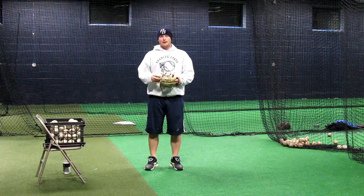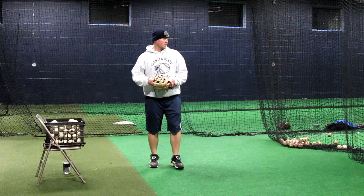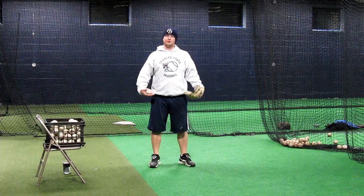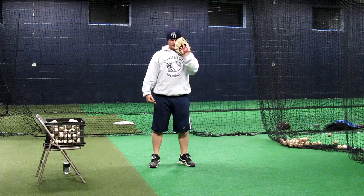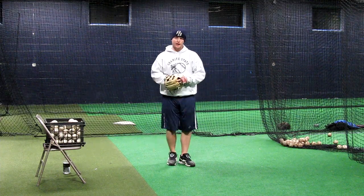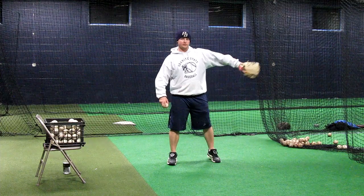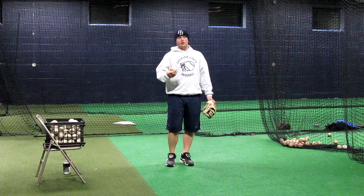Typically when we talk about getting back in a throw or a swing, we're talking about lining up the body so that our shoulders and our hips are in line with our target. So we're splitting the body in half, kind of down the nose, through the belly button, down the spine. So when we stride to make our throw, we have the back side of our body, we have the front side of our body. What I want to talk about tonight is how we also have